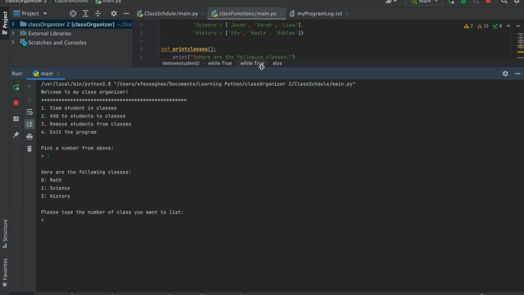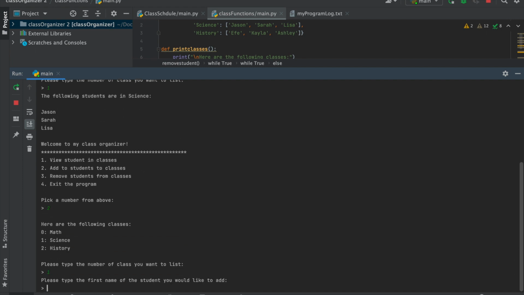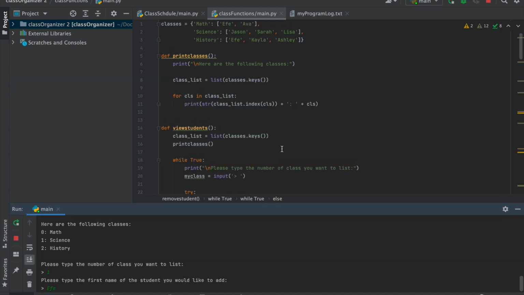Okay. So let's try science. Jason, Sarah, and Lisa in science. So option 1 works. Let's try option 2. Let's add a student to science, and we're going to type in the first name of the student you would like to add. So our add student,